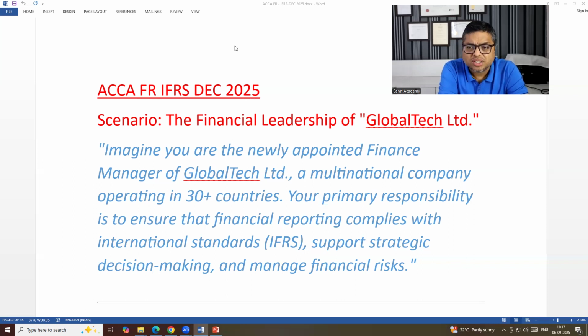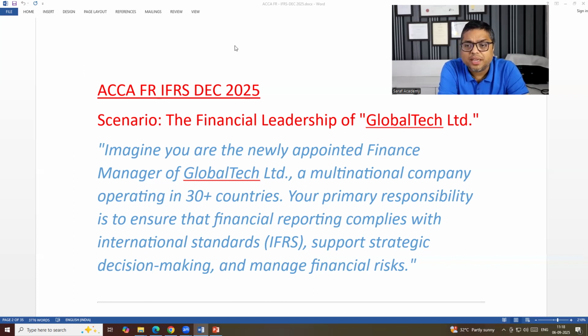Whether we are talking about CIMA, Diploma IFRS, or ACCA FR students, for all of them the syllabus is the same. The entire syllabus is the same. Just that for CIMA and Diploma IFRS students, there are 2-3 topics extra. Like the topic which we will be dealing with today, share-based payments, IFRS 2, that is not there for ACCA FR students.